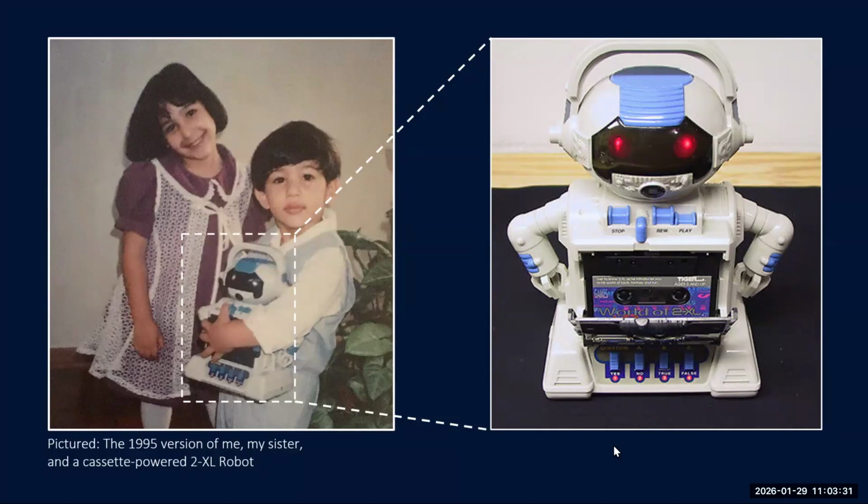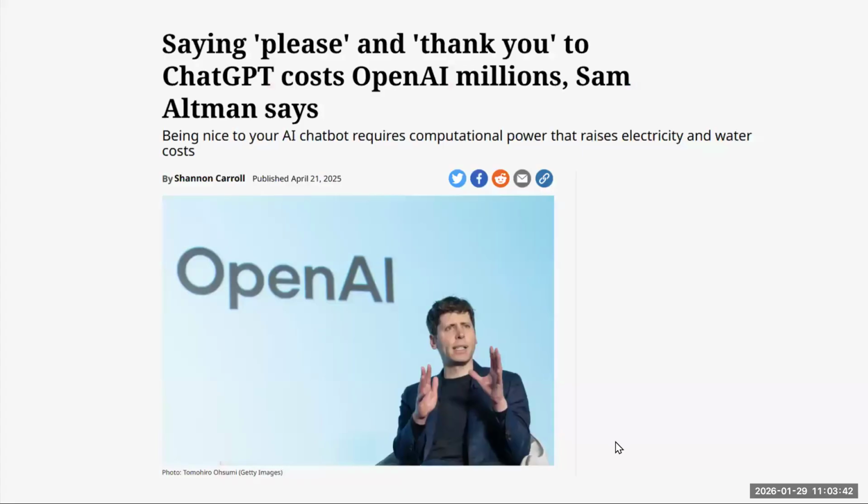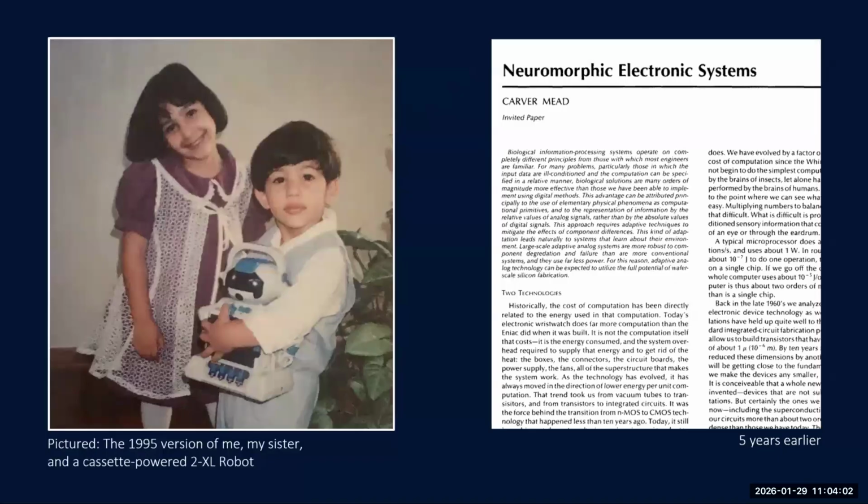But no, I'm not here to tell you about history. This is actually a lesson about gratitude. I was very excited, I ran off with my sister's robot, and she calls out to me, "It doesn't cost you anything to say thank you." I'm a very patient person. It took me about 30 years to prove my sister wrong because, in April 2025, Sam Altman let us know that it actually costs you millions to say please and thank you. There's a lot of tokens, a lot of words being generated. But why is this the case? Why does it cost so much?